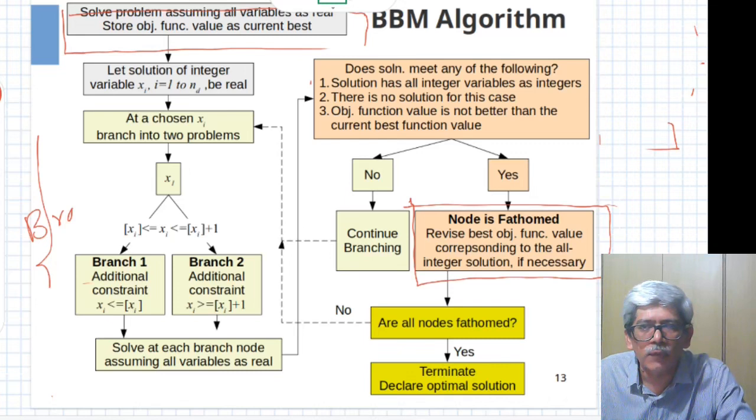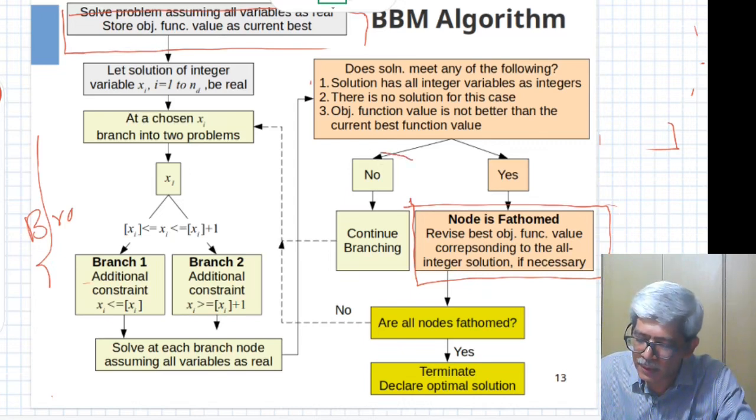So you have found a new solution which is feasible. It has all integer values, and it has an objective function value which is the smallest that you have found till now. So in that case, you store that particular value, or you can discard it if it is an infeasible node or it has a value which is higher than the one found earlier.